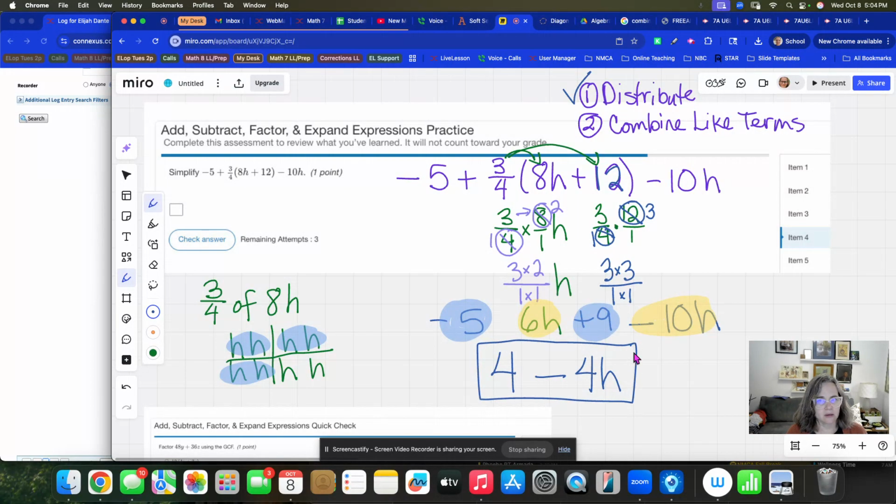All right. Much simpler than what we started with. 4. Oh, you know what? They're probably going to want the h's first. They're probably going to want it like this, but you can tell me if they let you put it this way, 4 minus 4h, or if you had to put negative 4h plus 4. Mathematically, they're exactly the same, but we usually write the term with the variable first,